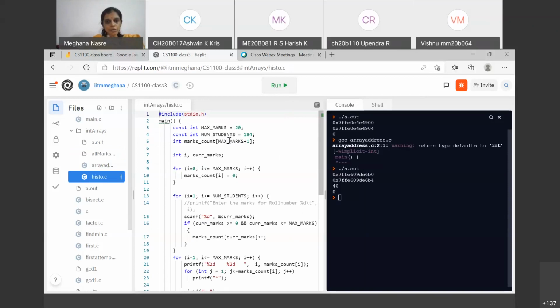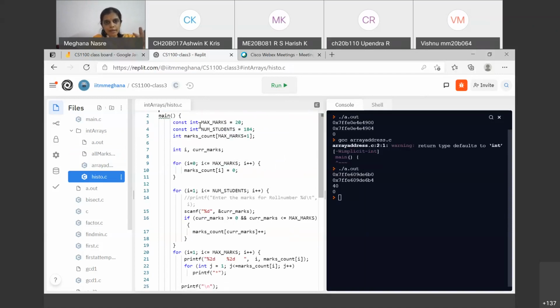One more thing that you should observe here is that max marks and num students are repeatedly used throughout the program, and it is best to write them as variables and not use them as constants in the program.